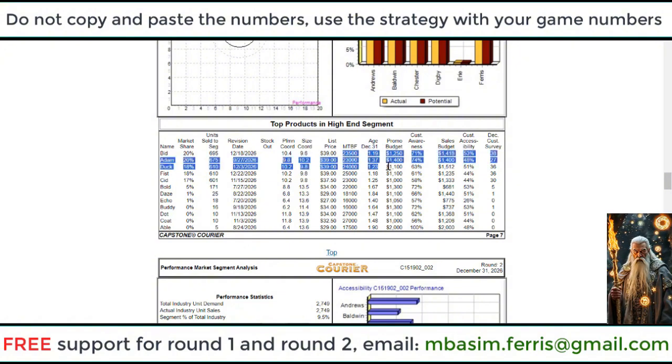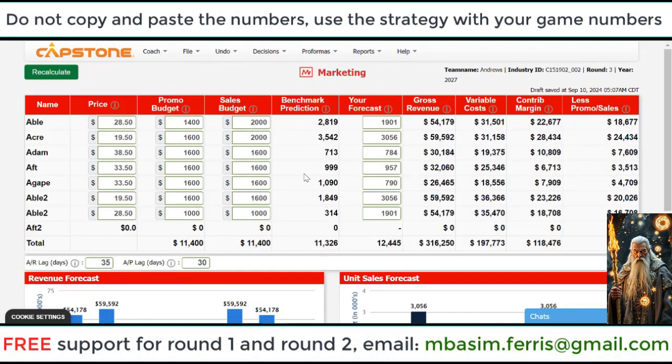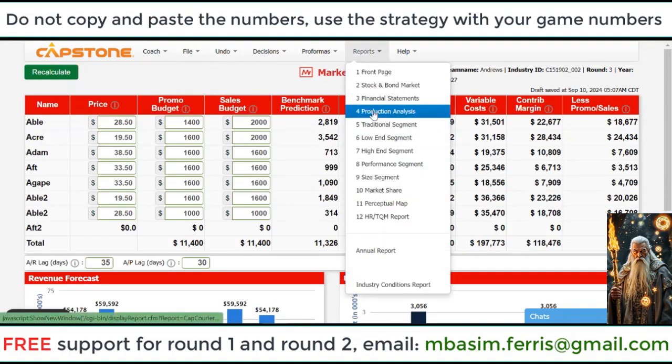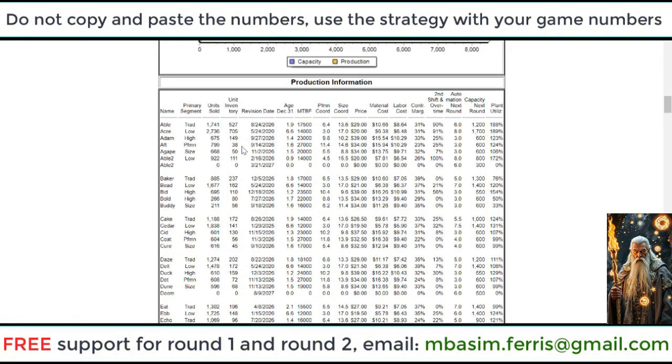Tip number 2. Use Excel for sales forecasting, 2 to 4:30. One of the most powerful tools you can use is Excel forecasting. Here's how. 1. Copy the actual sales and inventory from last round, from the Capstone Courier. 2. Note the segment growth rate, e.g., 9%, 11%, or 16%, from the industry conditions report. 3. Calculate this year's demand using